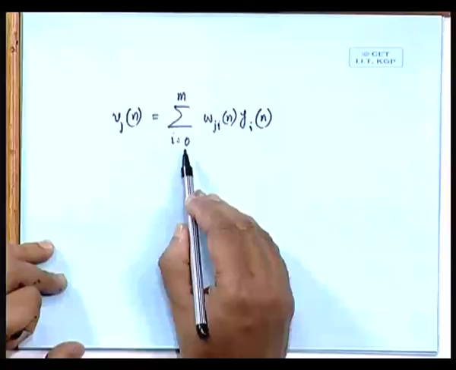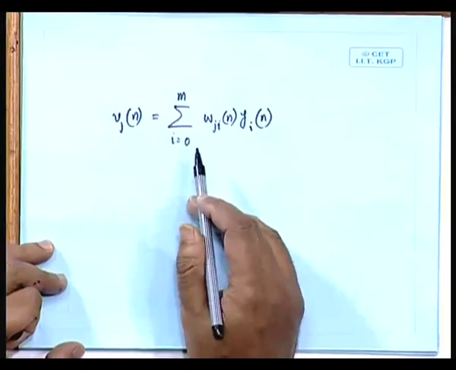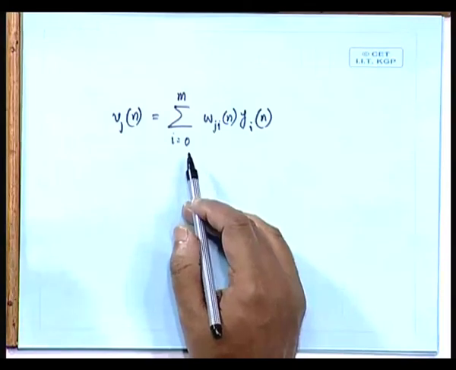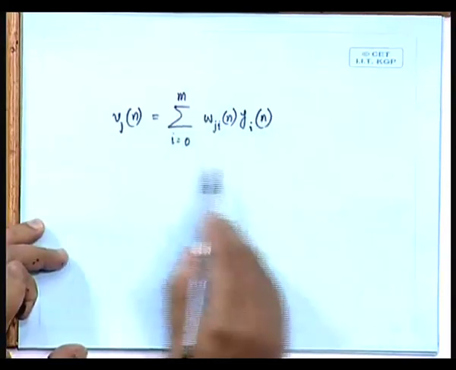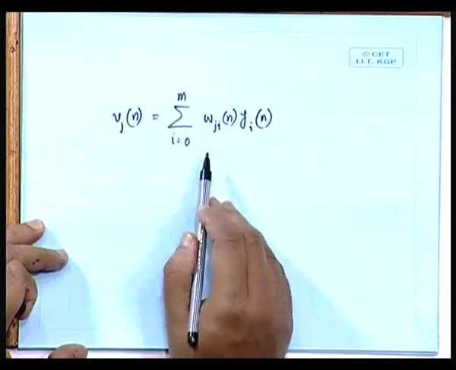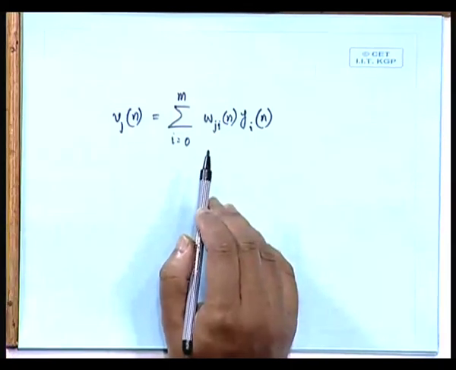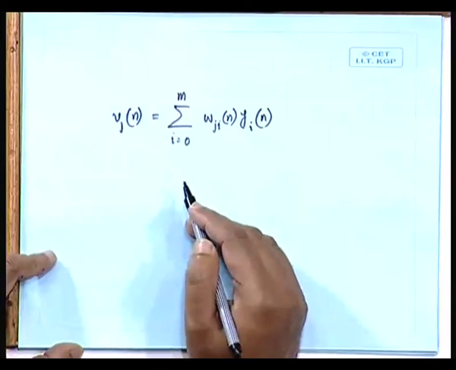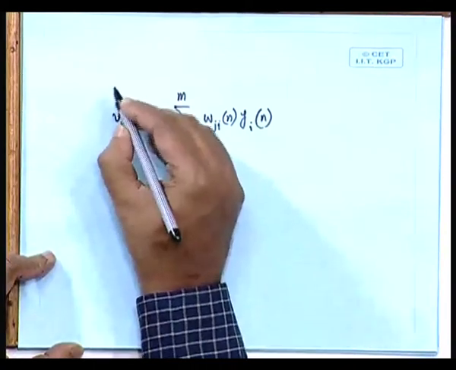In fact, we added i equal to 0 to m after embedding the bias term also into it. Okay. So this is the complete term that we are getting as the induced local field